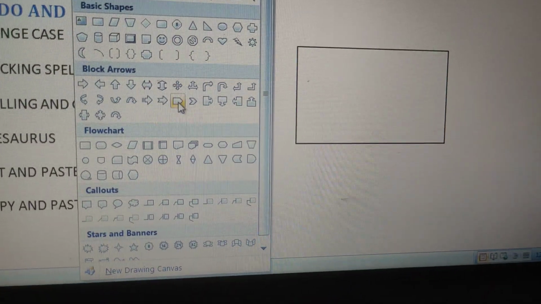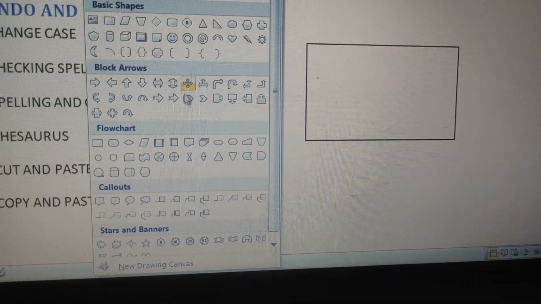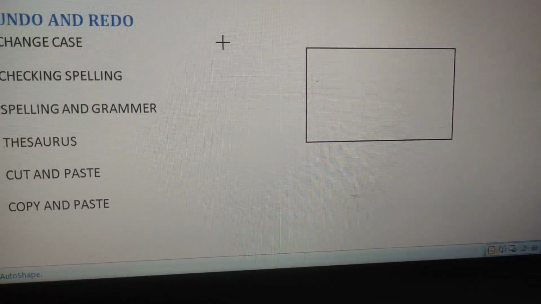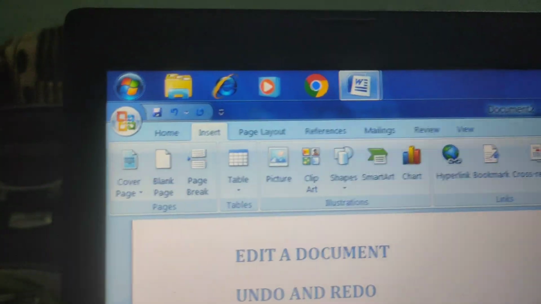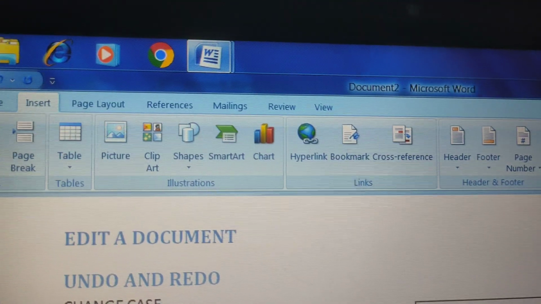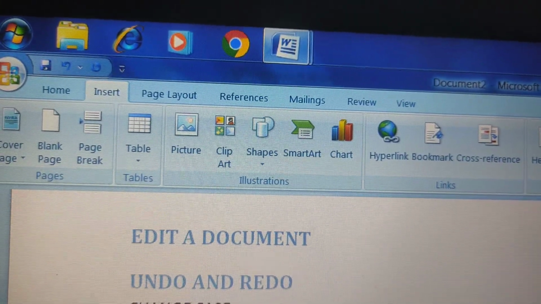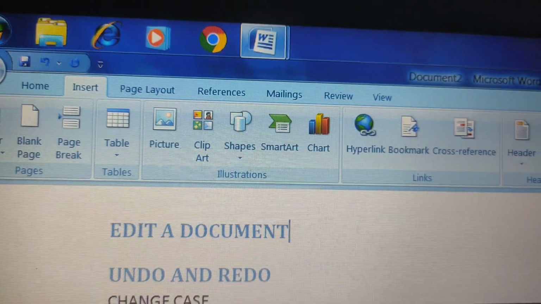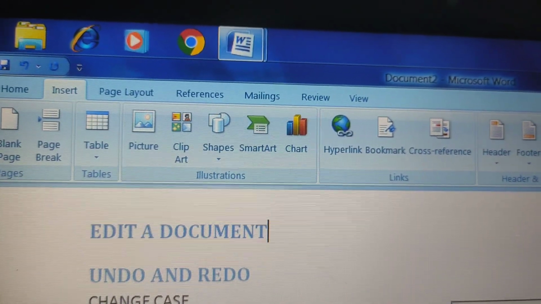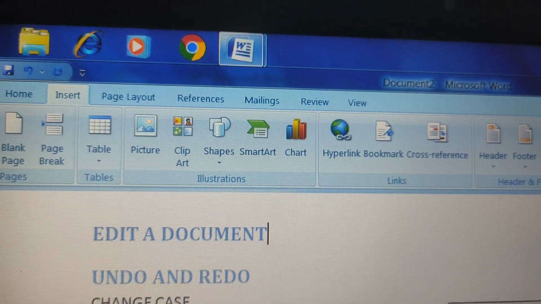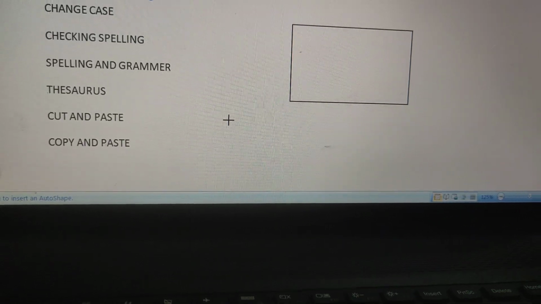You can take any one shape. Suppose I have taken this. Okay, I have taken this shape. You can see this is the ribbon, and you can see 7 options: home, insert, page layout, references, mailing, review and view tab below the title bar. You can see the tab. As I'm selecting, going to draw that shape,